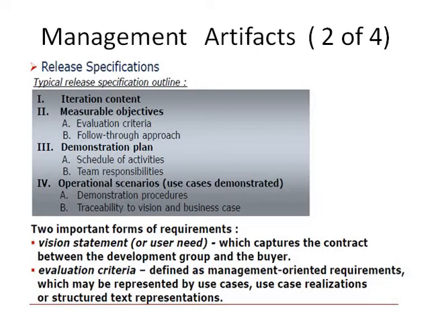So the outline which you are developing, as you can see on the screen, is your iteration content. What is it that you are releasing in this particular version or release? Once you go for your inception, elaboration, etc., you have a spiral bound, right? So what is that spiral bound? In one entire spiral cycle, what is it that you are releasing at this particular point? That is after one cycle.